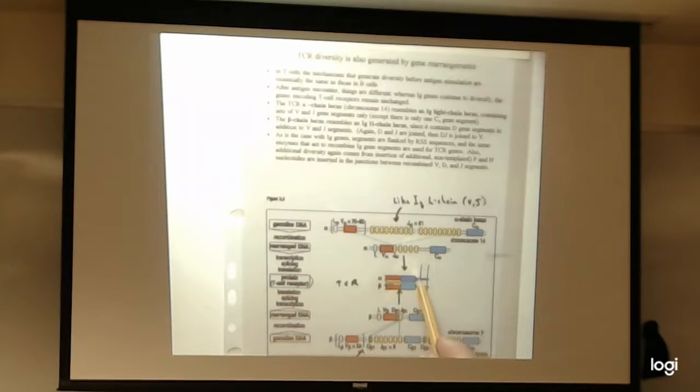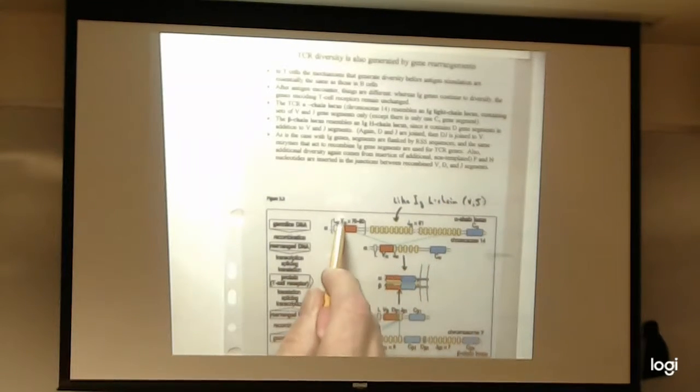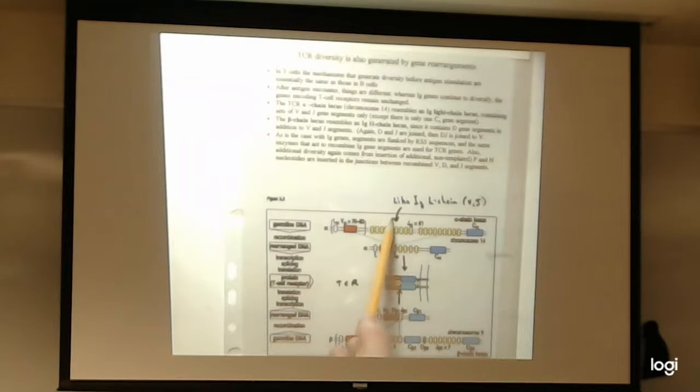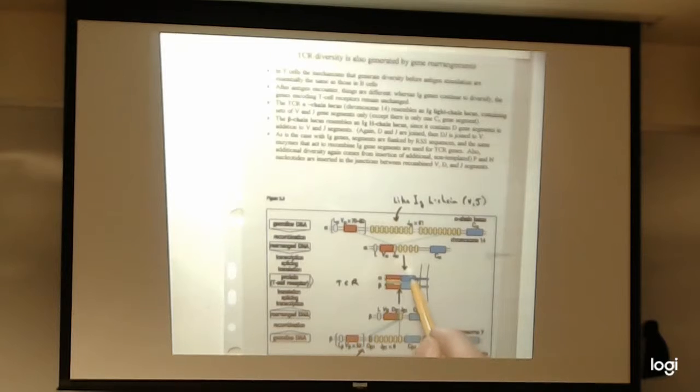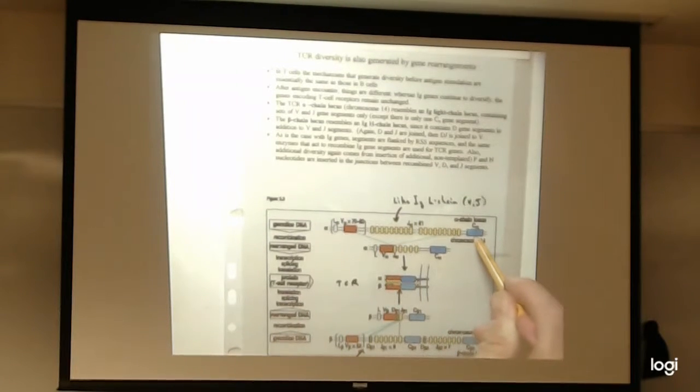And again, by analogy to the antibodies, we have here the alpha chain, which is evolutionarily related to the light chain of an antibody molecule, has just V boxes and J boxes, okay, and then a constant part right here, which is going to be this part of the protein down here. So the DNA sequence that will encode the constant domain of the alpha chain, that's pre-made and all cells have it, but they don't express it, except in T cells.